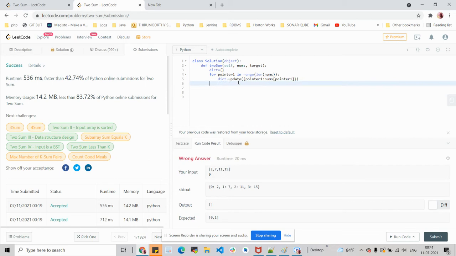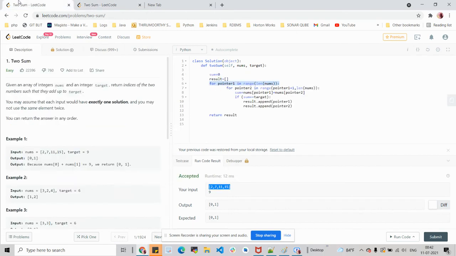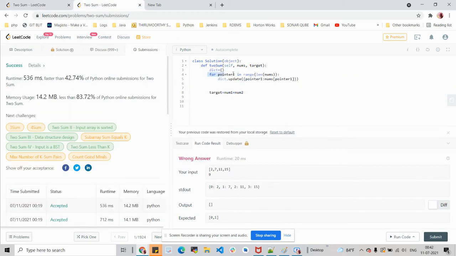Now, what we have to do is find the two numbers which will form the target. So, generally, how do we find the target? Target should be the first number and the second number. We need two numbers to find this. In our previous solution, we were trying to find the sum using the nested for loops. Now, with a single for loop, we are going to find the two numbers in a different way.